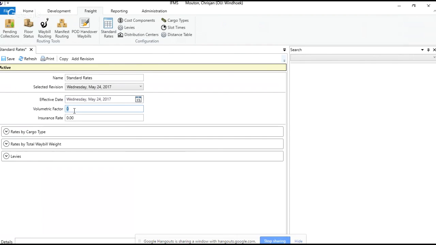Next, volumetric factor. Now, if you've been working in the transport industry, you would understand what volumetric factor means. But now IFMS allows you to adjust the volumetric factor per account. Your standard rates could have one volumetric factor, and a specific account rate could have a different volumetric factor, which is quite useful. The insurance rate would be the rate, the percentage